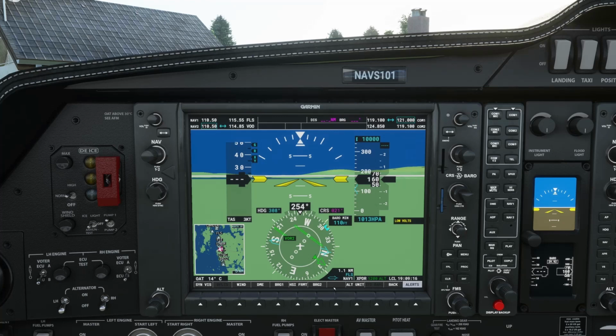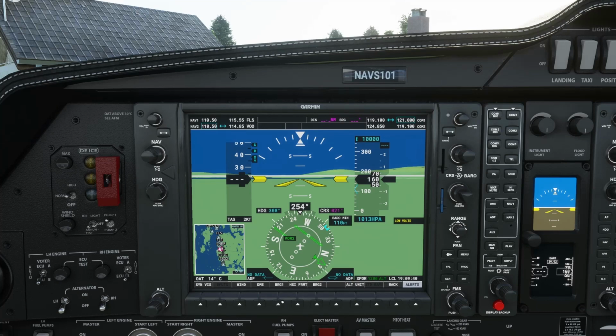Okay, that's bearing 1 and bearing 2. Keep clicking it, then the window actually disappears. Now you've got here no data, ADF. The same thing with bearing 1 as well.